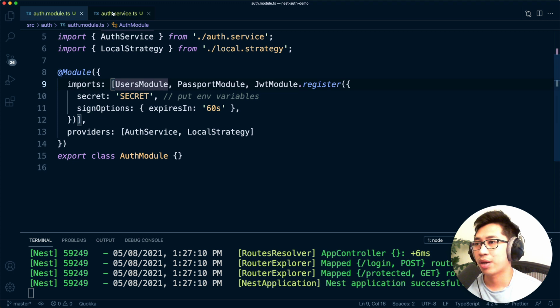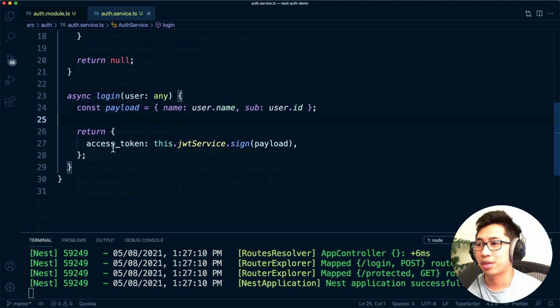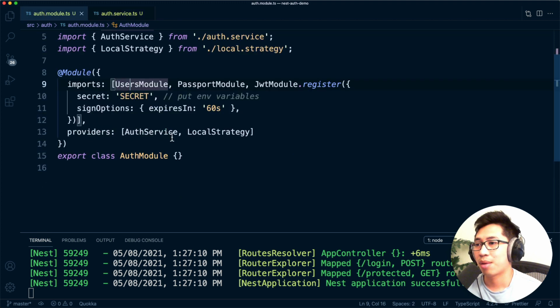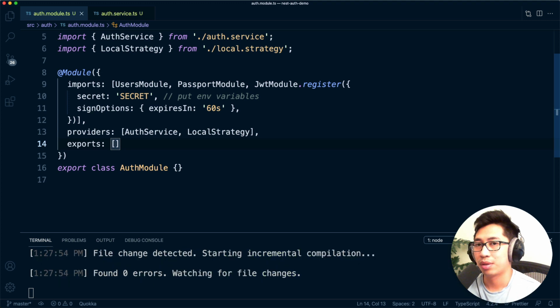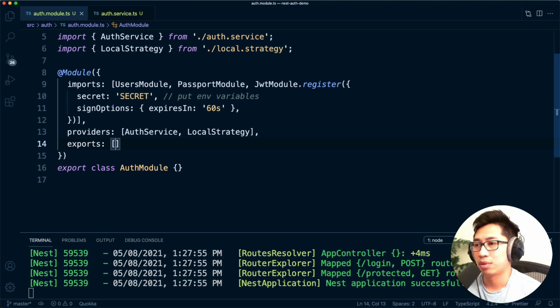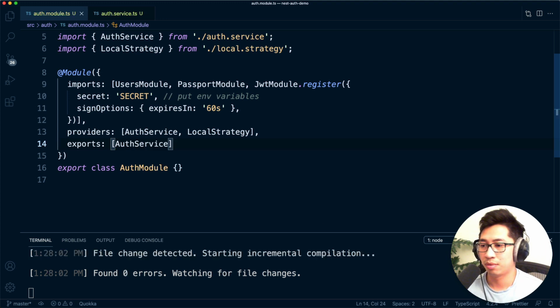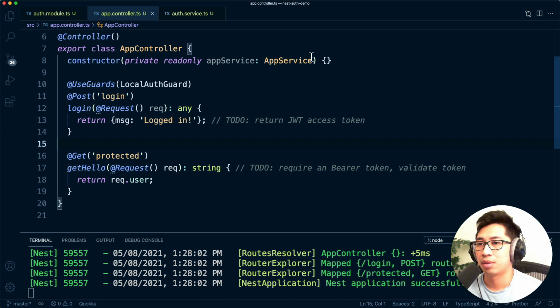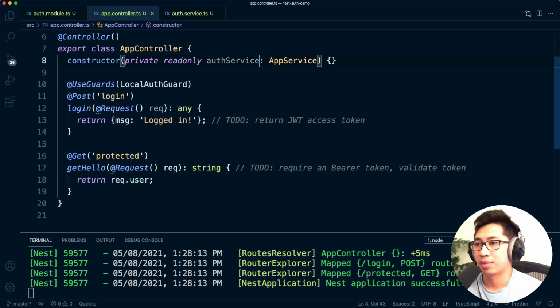And since we added a new login method to our auth service, we're actually going to be utilizing that login method in the app controller that we have. So that means that we need to make sure that our auth service is in the exports here so that we can import the auth service in the app controller. So we're going to add auth service in exports. Now back in app controller, now that auth service is in the exports, I can actually import it in here. I'll just replace this app service that we're not really using. I'll do auth service,